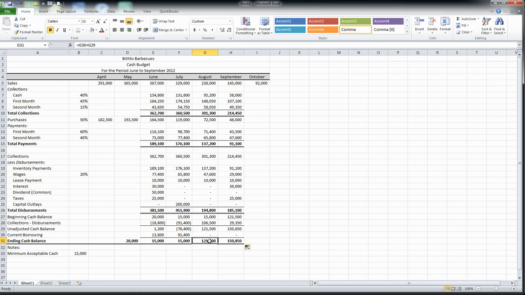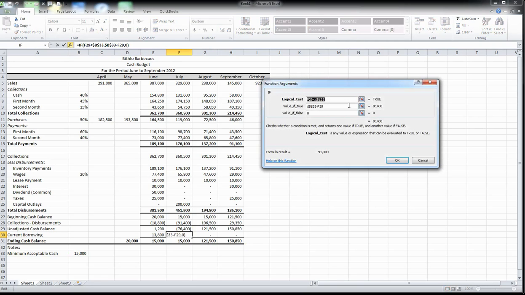And our authors take us through a formula on page 81. It's the second to the last paragraph, where if you were to take this if statement and go back up to the FX button, and type in the min function and follow through with that formula, it will produce the current borrowing as a negative when the company